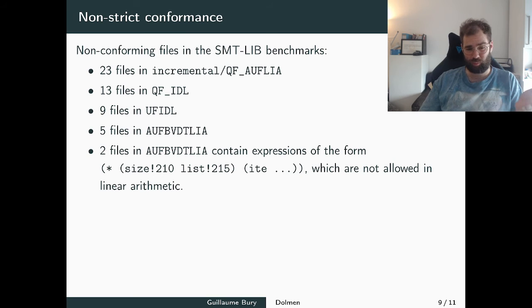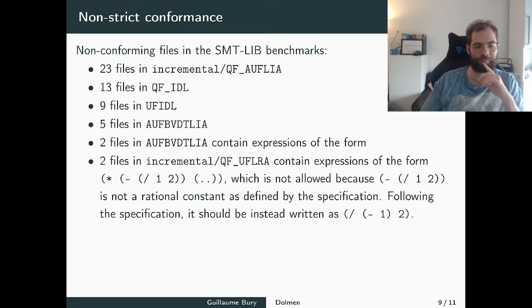We have truly nonlinear expressions here, where on one side of a multiplication we have the size of a list, and on the other side a conditional. So even with the most accepting criterion of linearity, this would be rejected. Thankfully there are only two files in here. Next we have a few files that use